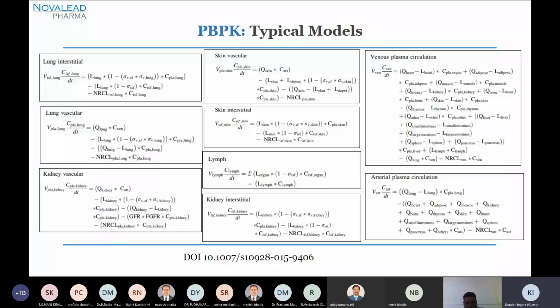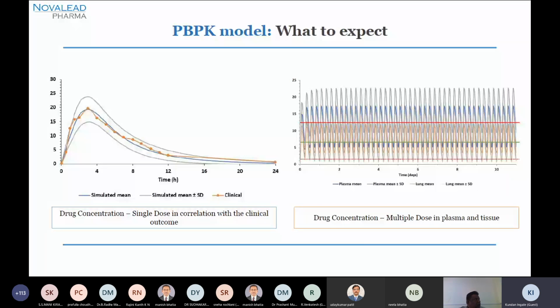So all those components would have to be minutely modeled into the equation, so that the models can predict the drug concentration into different tissues, plasmas, and wherever you want with a fairly good accuracy. Now, once you have done this exercise of fitting the model, so just to relax a bit,